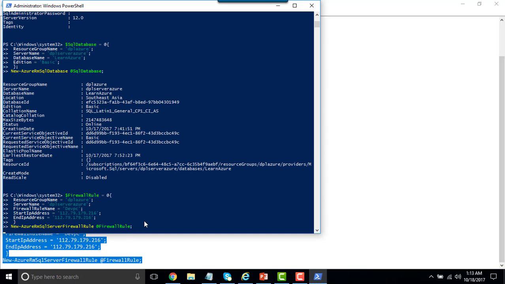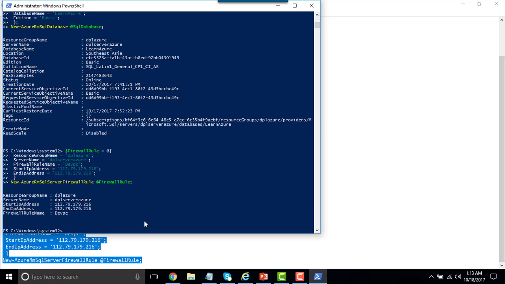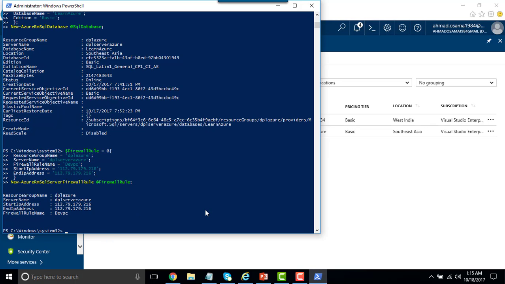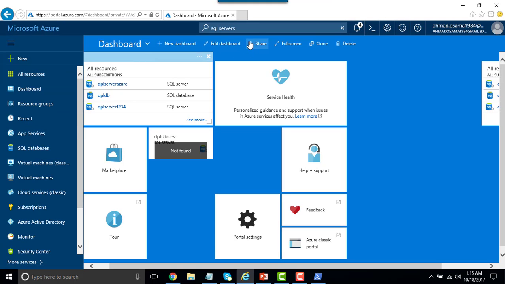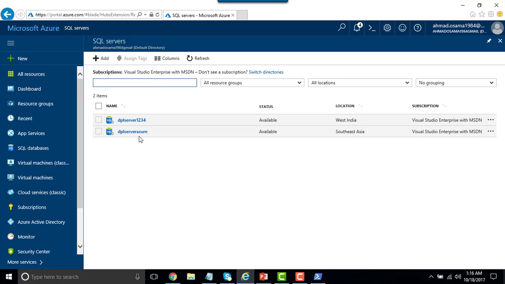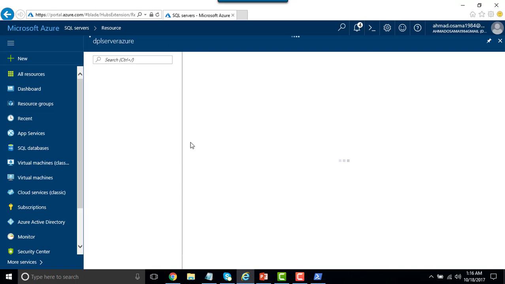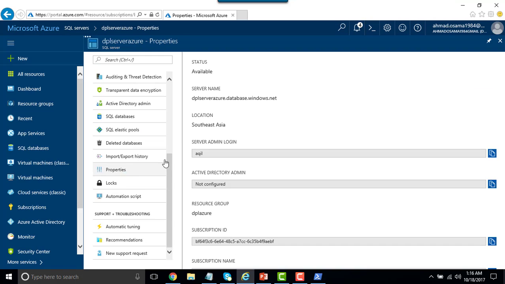So if you press enter, then it will whitelist my IP address for this particular Azure server. So my IP address has been whitelisted, and now we can connect to this particular SQL server, DPL Server Azure, using our SQL Server Management Studio. So first of all, let me just go to the home page and open the SQL servers list of available servers. These are the two servers. So click on the DPL Server Azure and get the full name from here so that I can connect to it. Click properties, and then we can copy the full name from here,